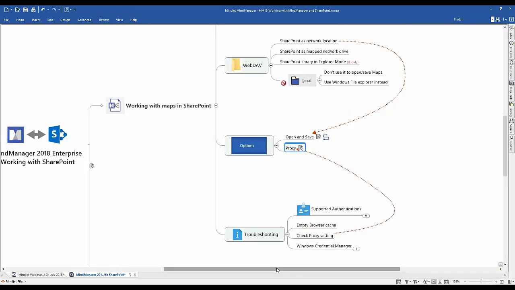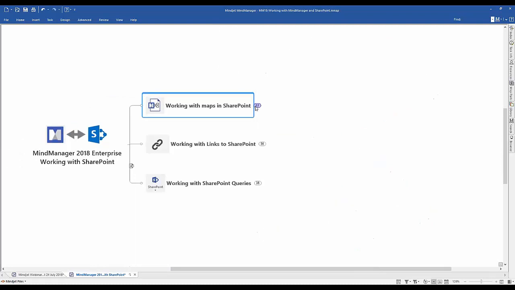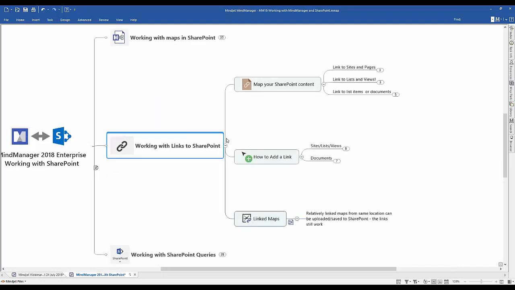Okay, so let's move on from actually saving your maps in SharePoint, move on to the content in your map. And now I want to talk about maps that contain links to specific content locations in SharePoint. This is really not so SharePoint specific, but it is an important concept of working with MindManager: making smart use of hyperlinks. In combination with SharePoint as a web-based environment, this works so nicely because